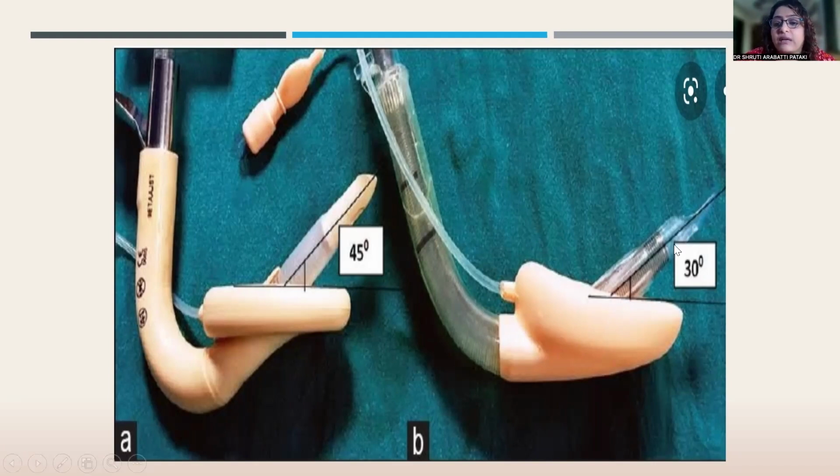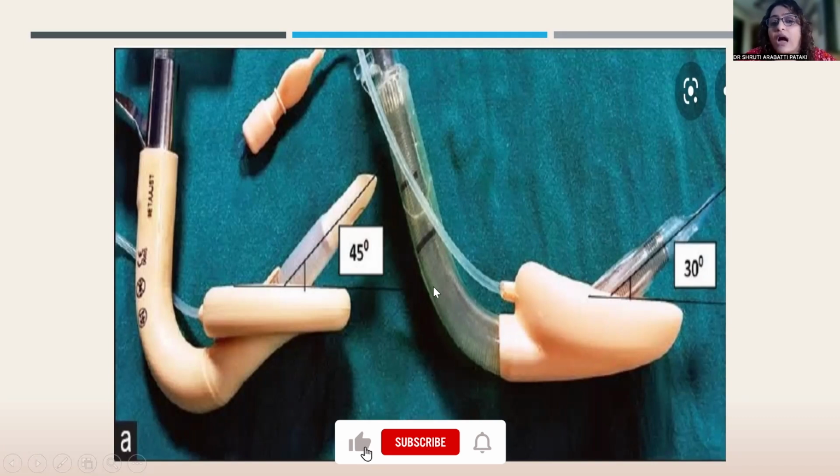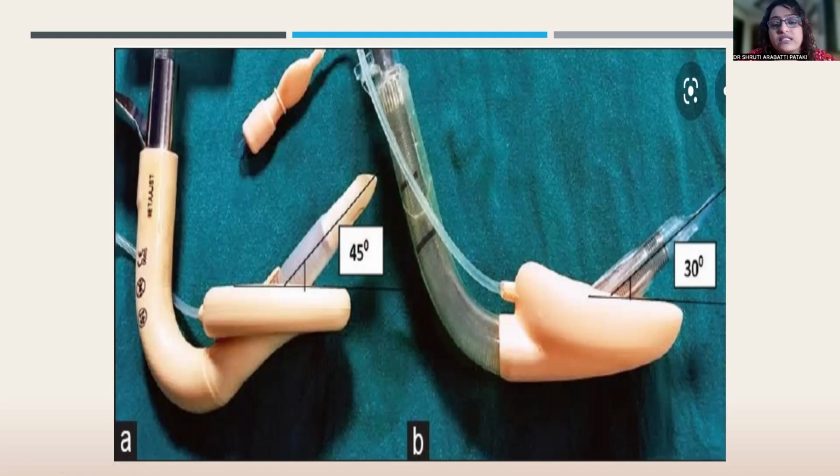Here, this improves the entry, and according to literature and statistics, the success of endotracheal intubation through this intubating LMA, the Blockbuster, is almost 80% first pass for a novice who's doing it for the first time, which is very large to claim, but we are having a lot of success with this. A lot of our fraternity colleagues are actually using this right now and they're finding it really useful, especially when you have a difficult intubation.